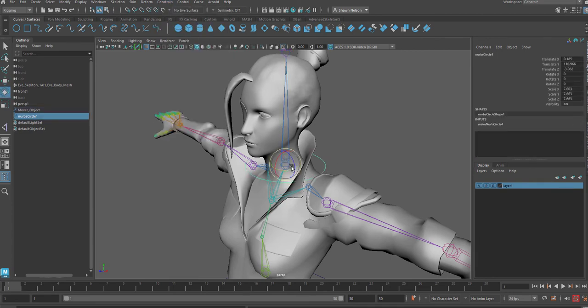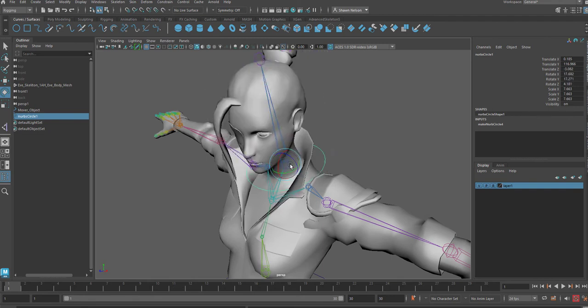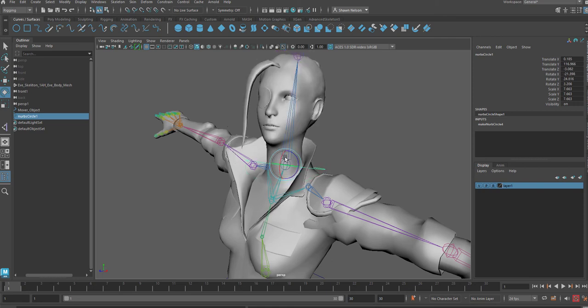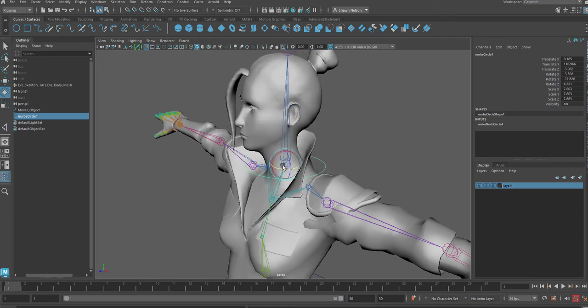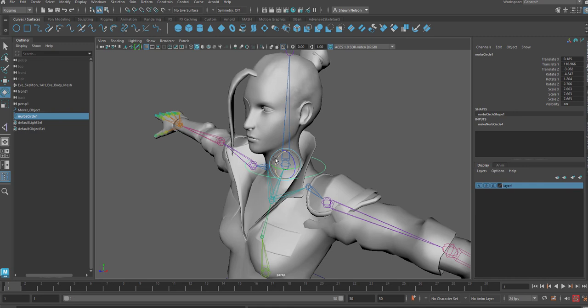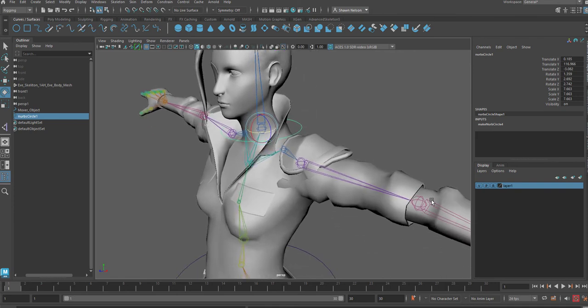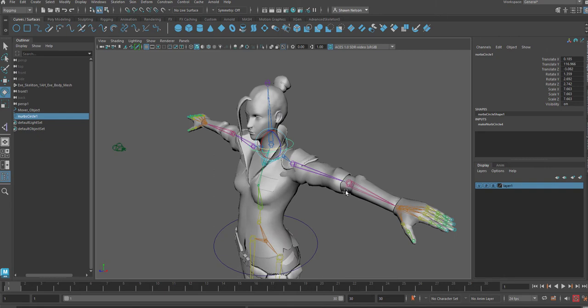And then what this allows me to do is move this object, and wherever I move this object, this bone tries to stay oriented to it. So this essentially gives me control over the head. And you can use that anywhere where you'd like to control a bone. Like we could put them here at the elbow if we wanted to control the elbow bones without having to look at the bones. Like if we wanted to just have a control object, we can create one here, and then have it orient to the